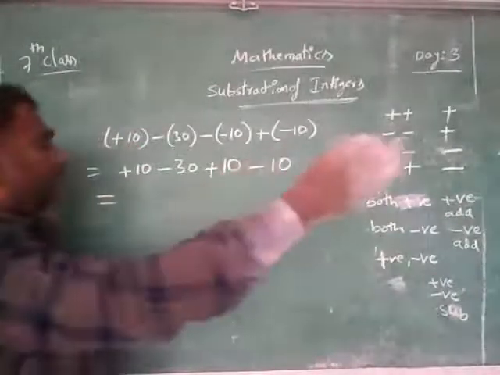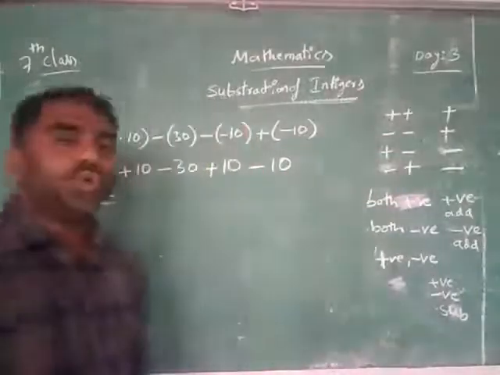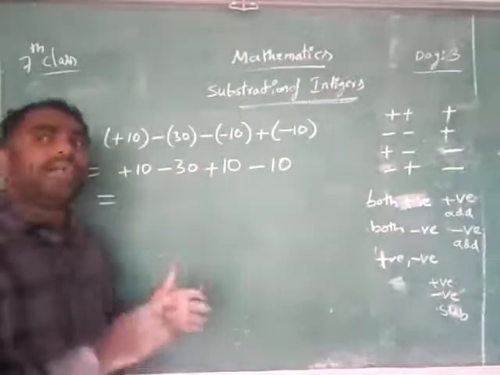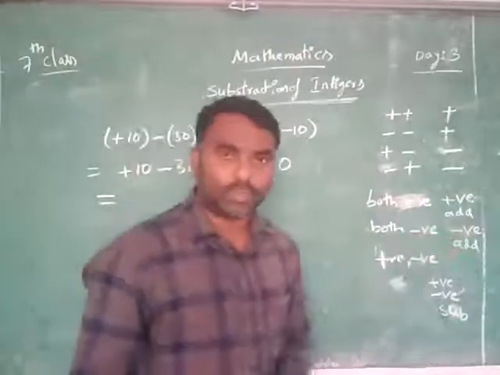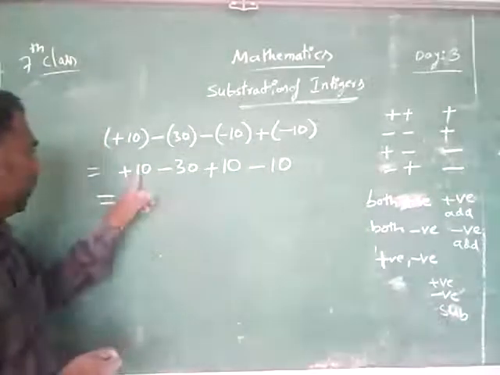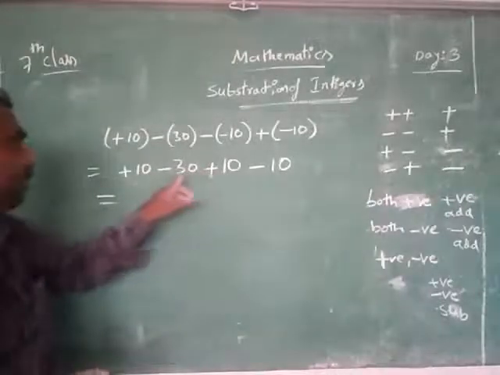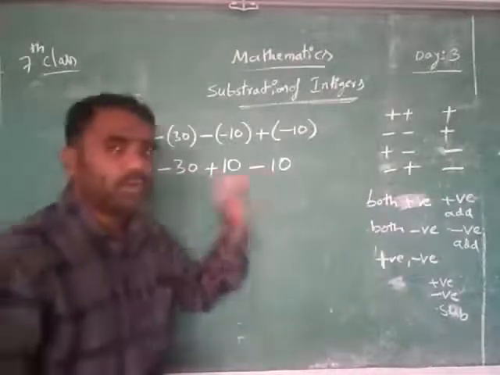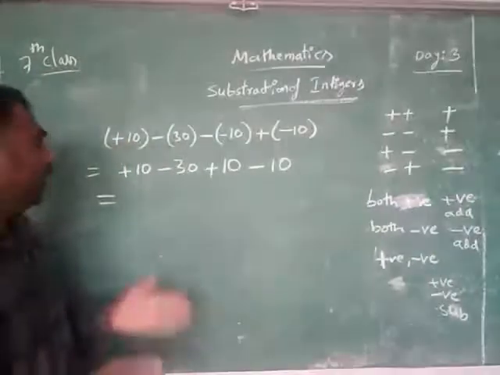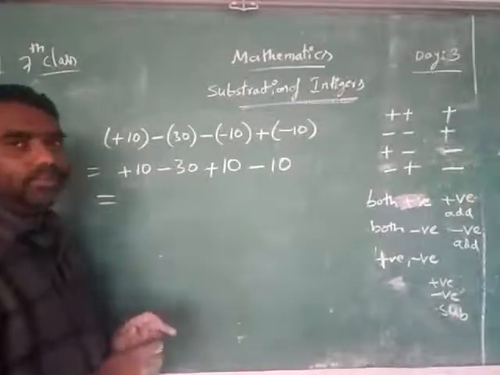Now, all at a time we can't do. We will do one thing. Add all the positives and write positive. Add all the negatives and write negative. The meaning of that: you know how much money you have, and this is what you borrowed. Now if I ask you how much you have, what will you say? We will add these all and say.